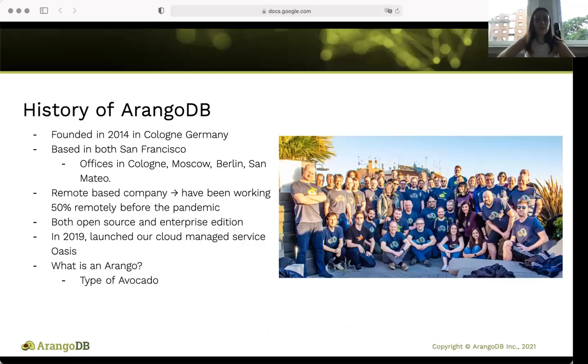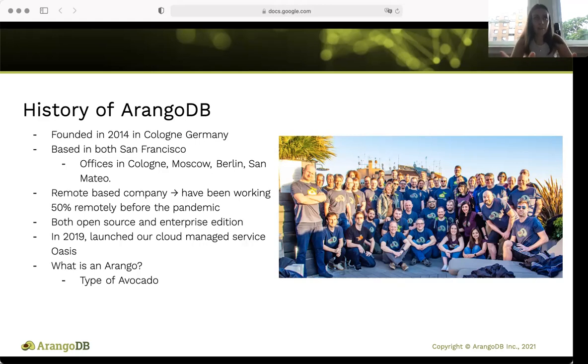Alrighty, and now we'll talk about the history of ArangoDB. We were founded in 2014 in Cologne, Germany, and we are based in San Francisco, but we also have offices in Cologne, Moscow, Berlin, and San Mateo. Previous to the COVID-19 pandemic, we were already a remote-based company with work at 50% remote.